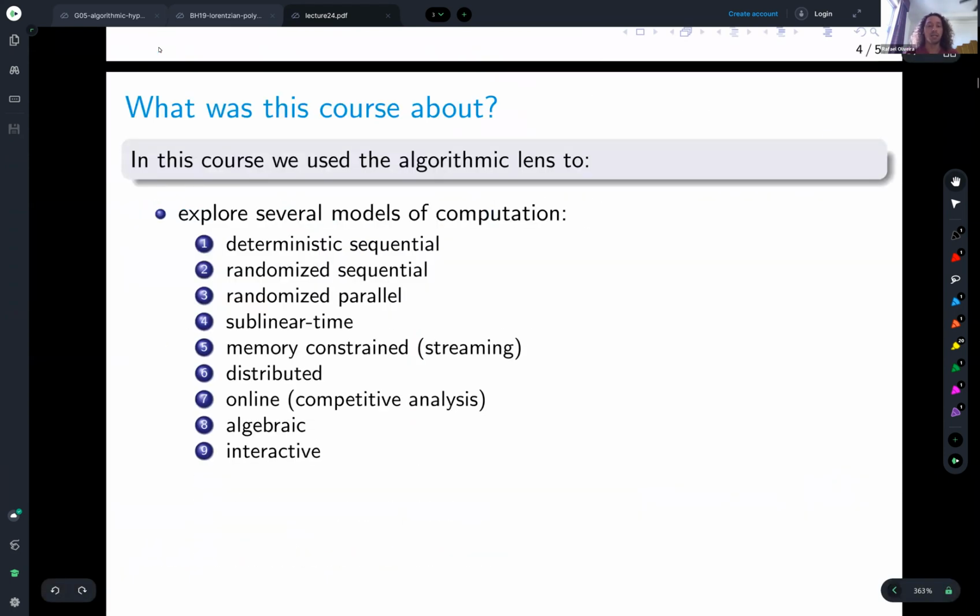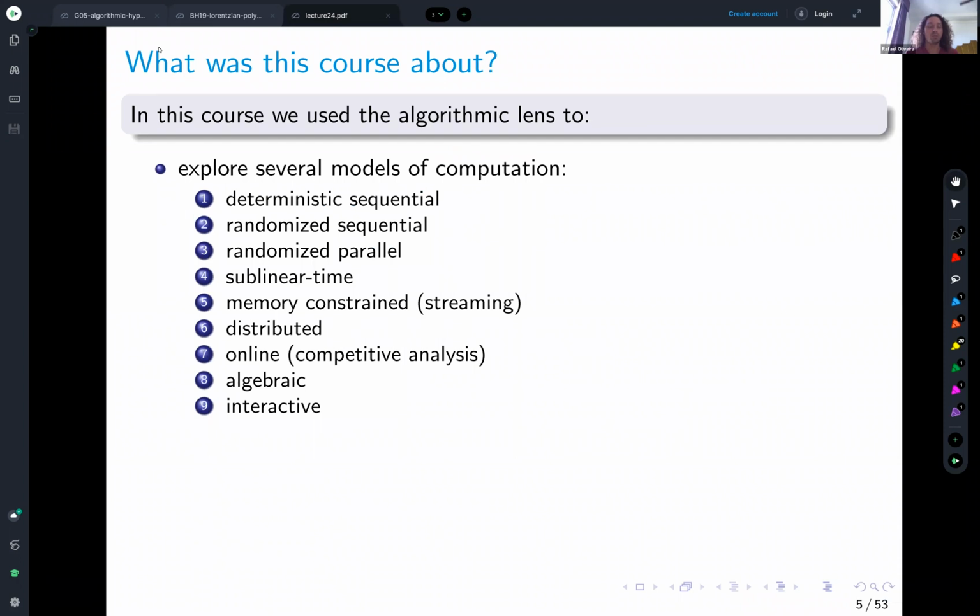And in this course, what did we do, right? So we used the algorithmic lens. And what is the algorithmic lens? It's to see the computational side of every problem, right? So every problem has a computational facet to it. And we used this algorithmic lens to explore several models of computation. And what were the models that we talked about? So we talked about deterministic sequential algorithms, randomized sequential algorithms, randomized parallel algorithms, right, with the isolation lemma, for example,